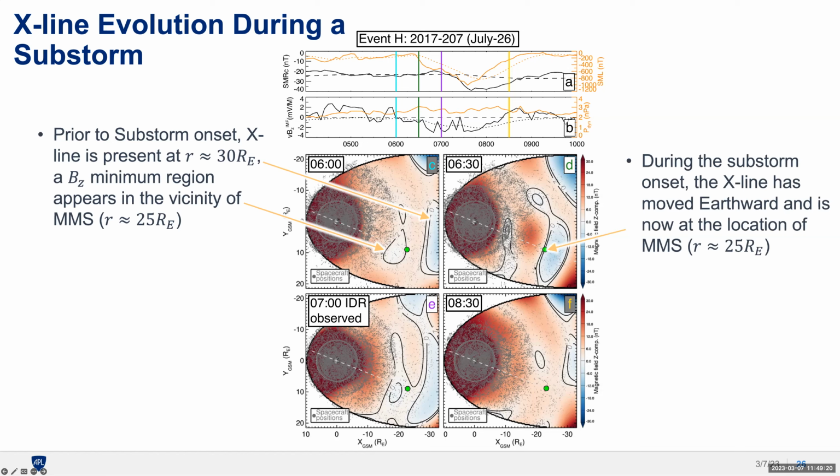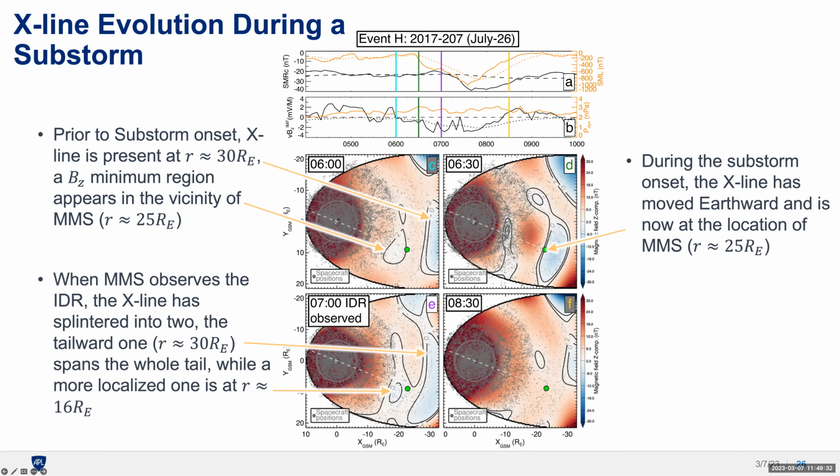And then as the substorm evolves, we see this kind of branching so that we get this big crosstail X-line, but then we get these islands of X-lines that are earthward of it. So we get this kind of splintering of this crosstail X-line into these smaller X-line islands. And then as the recovery phase begins, we see these X-lines gradually disappear.